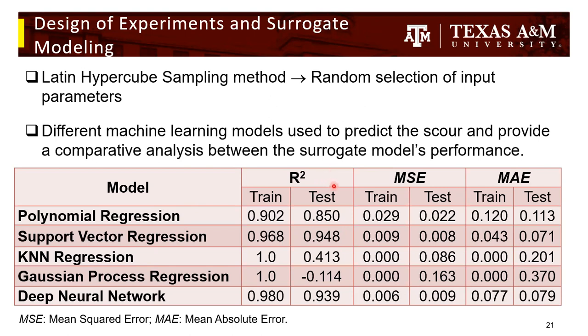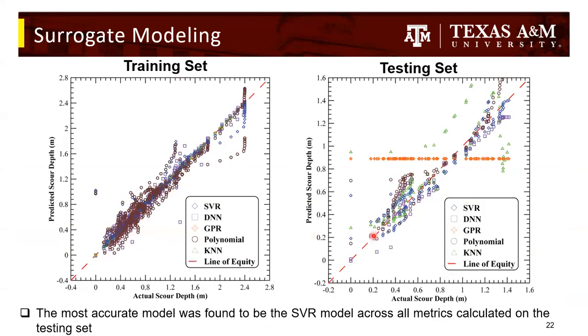And these are some of the sample results, the mean squared error and mean absolute error values. But in general, what we saw, for both the training and the testing data, is that the support vector regression performs the best and gives the most accurate predicted scour depth value for the test data, similar to the training data. So if we go to the next slide, here we see some examples of